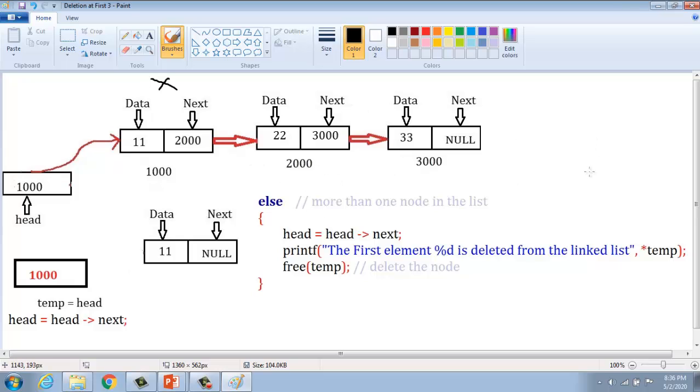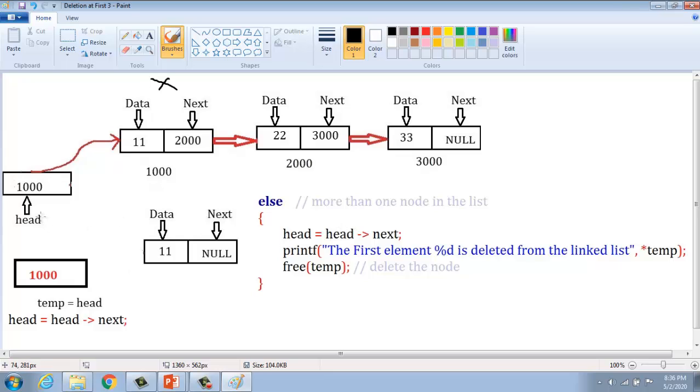We have n number of elements. Okay, this is the else part. Already we have discussed: check whether the given list is empty or not. Second thing, there is only one element present in the linked list. Third condition, we have n number of elements. This is the third condition. We have to check head equal to head points to next, that is pointer next. What is head?